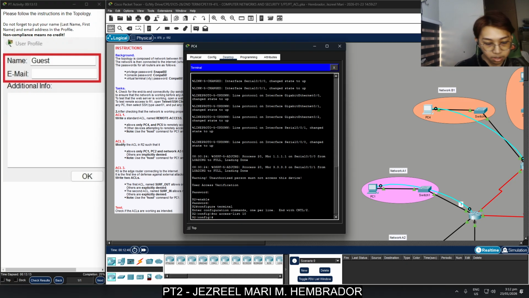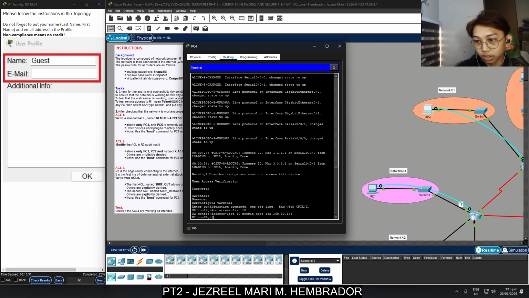So we're going to type access-list 10 permit host 192.168.10.126, and then access-list 10 permit host 192.168.10.190.